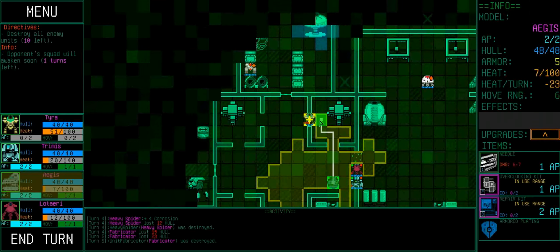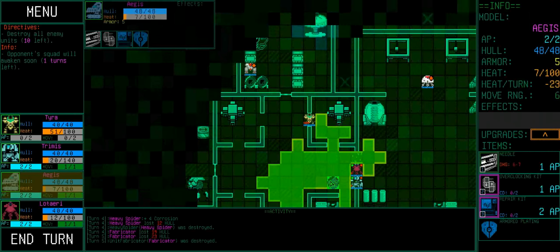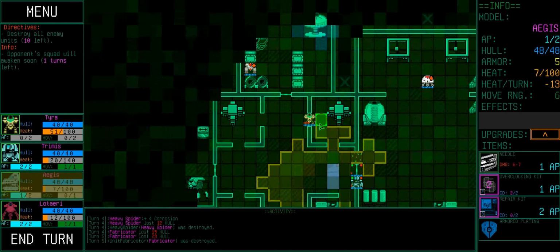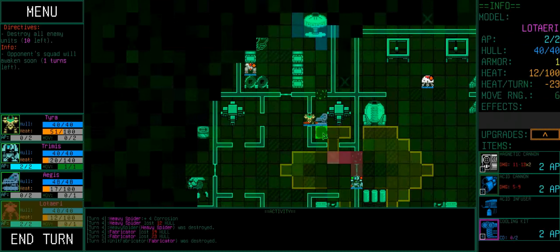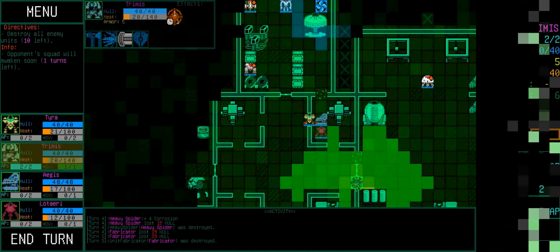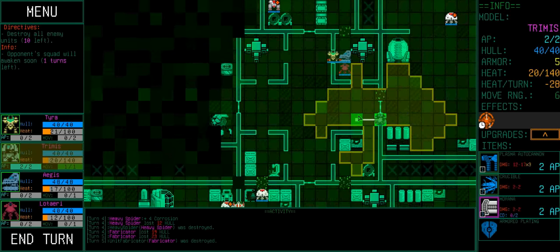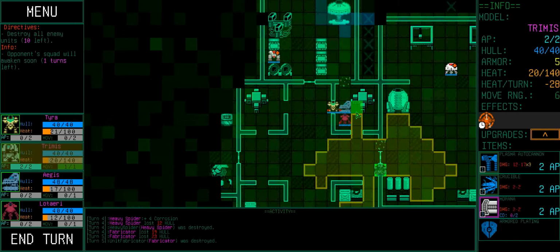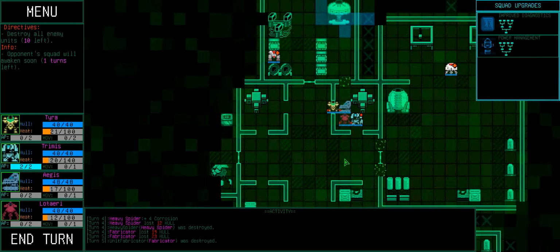Let's move you up here, Aegis. Actually, your overclocking kit is ready. So let's use that first. We'll use it this time on Lotaeri. We'll move you up and we'll blow a hole there. Lotaeri moves up and we use our cooling kit on Tira. Tremus, as tempting as it is for you to begin destroying the spider, we're just going to move you with the rest of the squad. You do have the plasma residue, so...